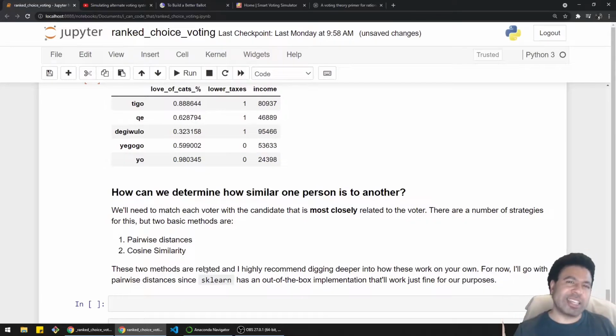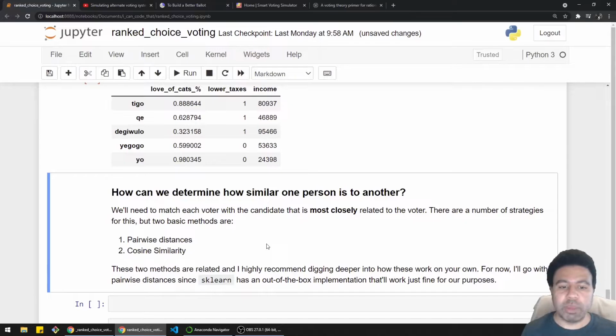So this is a simulation, not necessarily the most realistic, but I think that kind of makes sense. And the way you can compare one row of our data to another person or another row of the data is to do something called pairwise distances. There's also cosine similarity. I'm going to go with sklearn's out of the box implementation of pairwise distance, but for